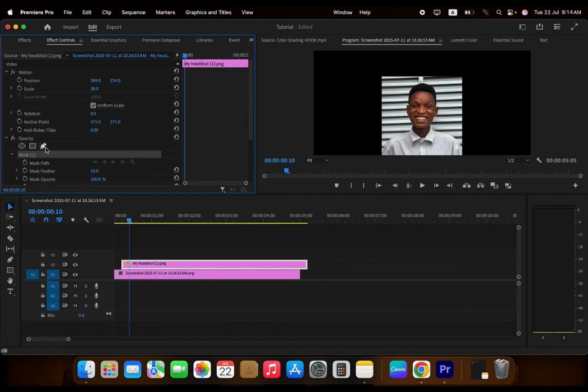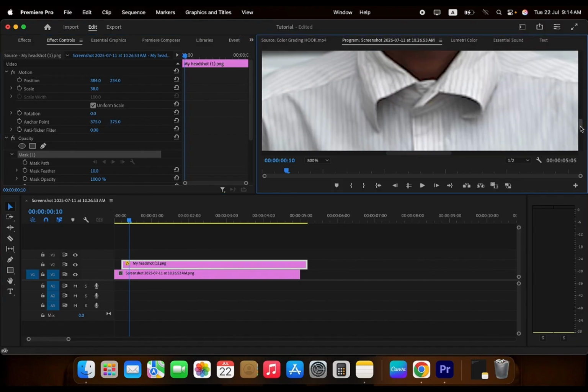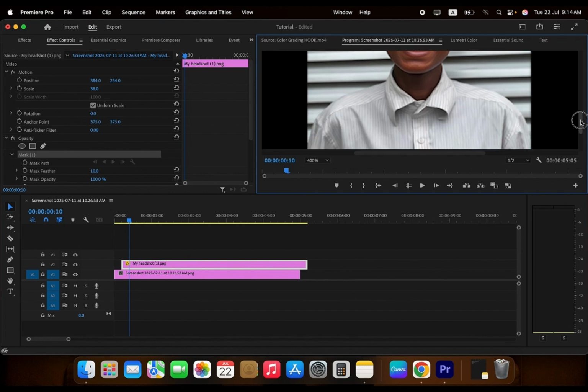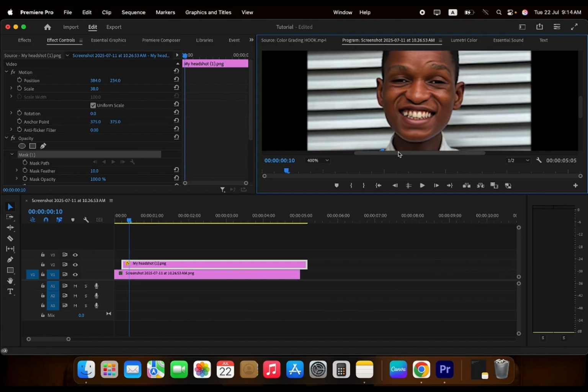I can use this mask to mask out the background, but it might not be as smooth and as fast as using CapCut. I actually download my assets from Canva most of the time, so I remove background right from there because this one is not as fast and as easy and not as smooth as well. So what I'm using is the opacity, the pen tool in the opacity side. You can see here we have this ellipse, square, polygon, and then free draw, more like the pen. So you have these 3 things, and then I pick this one because I want to be able